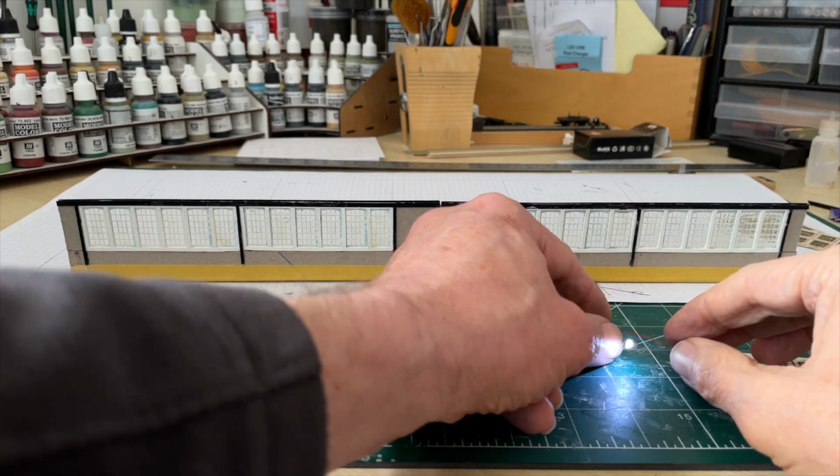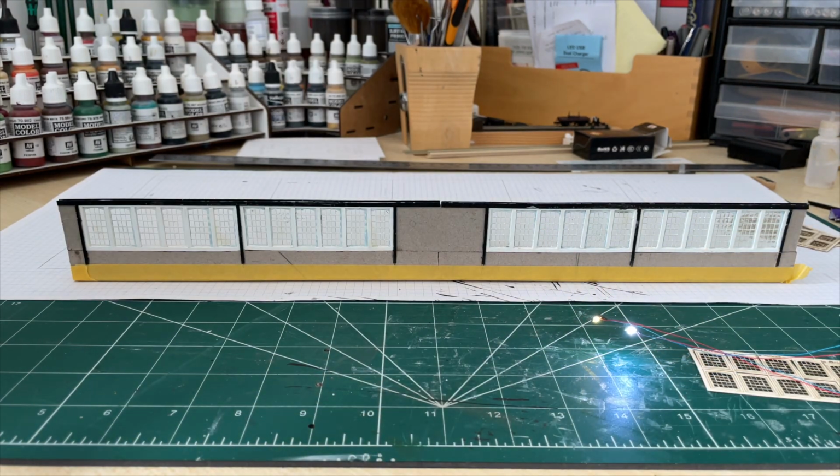So that will give certainly a better look for the kind of incandescent lamp that I think for my time would have been there. I don't think it would be gas. Phil did ask, would it be a gas lamp? And I don't think so. Not by about the late 1940s on a building such as this. And I did have a problem, as I said to him, that most of the building lights that I saw